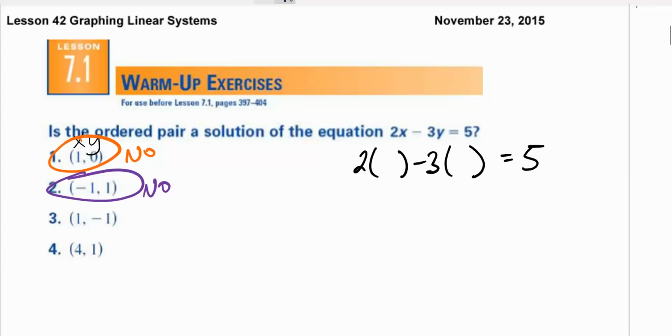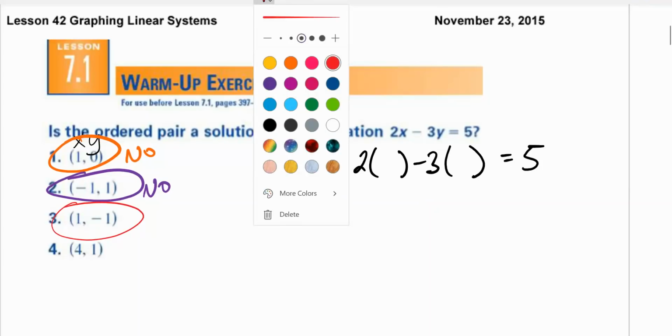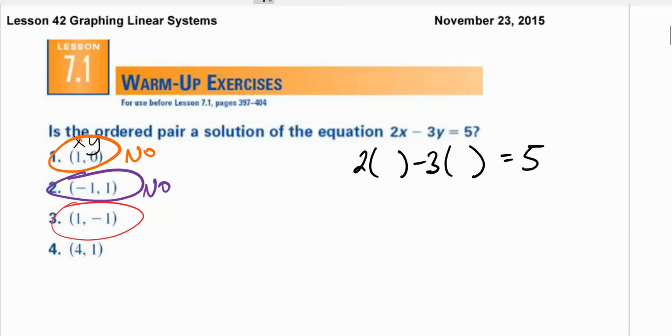Our next one, sorry, 1, negative 1. 2 times 1 makes 2. Negative 3 times negative 1 makes a positive 3. And 2 plus 3 equals 5. So this one must be a yes. Our last one,